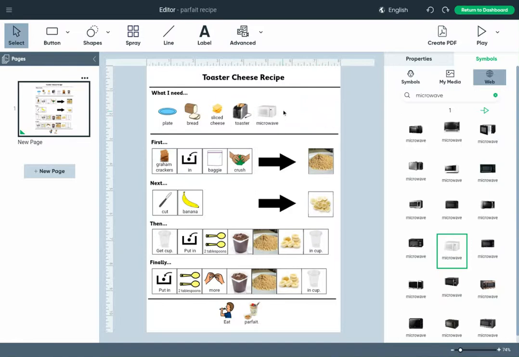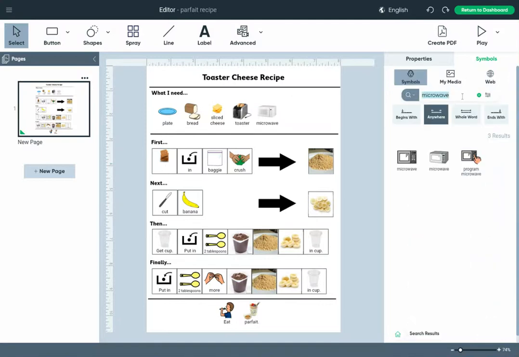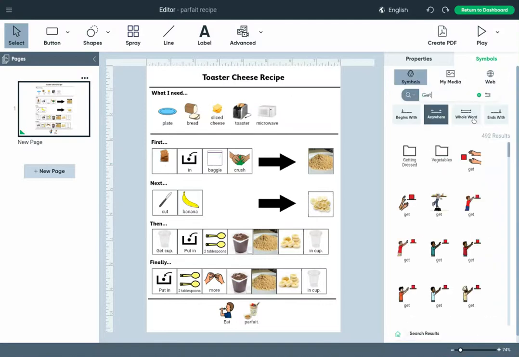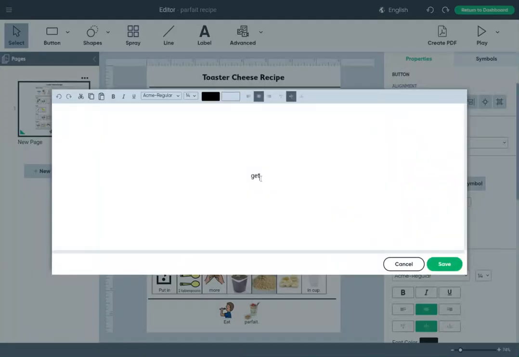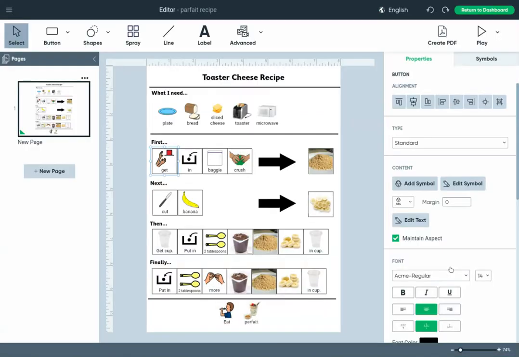So the first thing we're going to do, we are going to get. So I'm going to type get. Replace. And I'm kind of silly. I want to make sure that the first word in my sentence is capitalized. So I'm going to change the text. Get